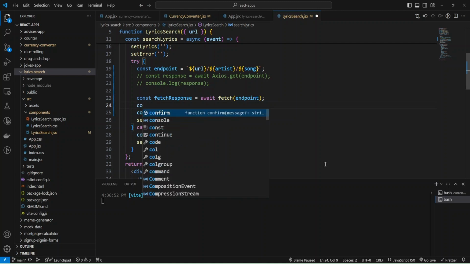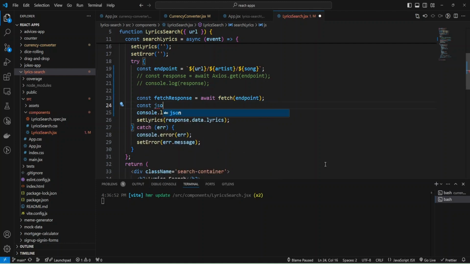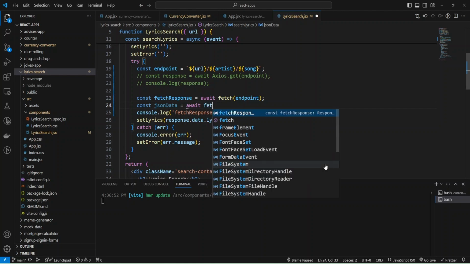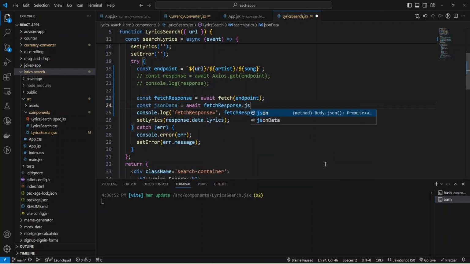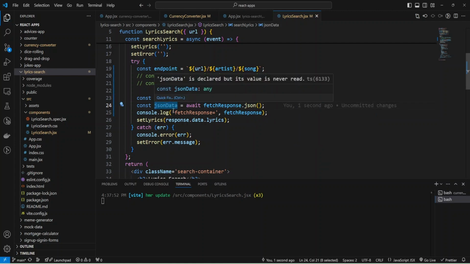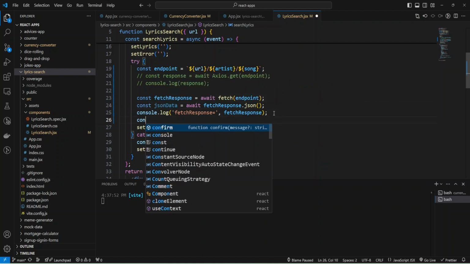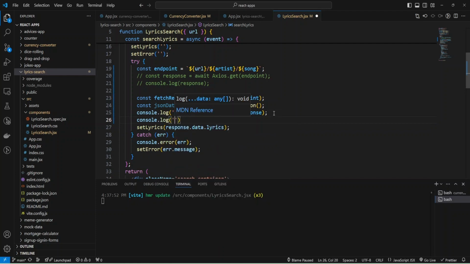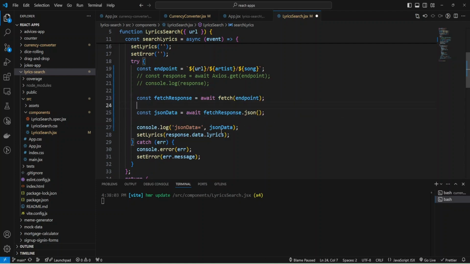I'm going to use JSON data and make await fetch response JSON, and I can make a console log of JSON data and provide my data.